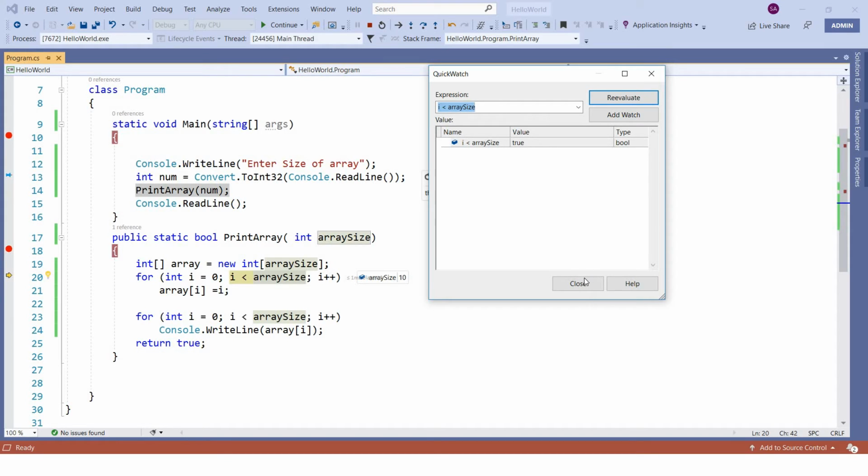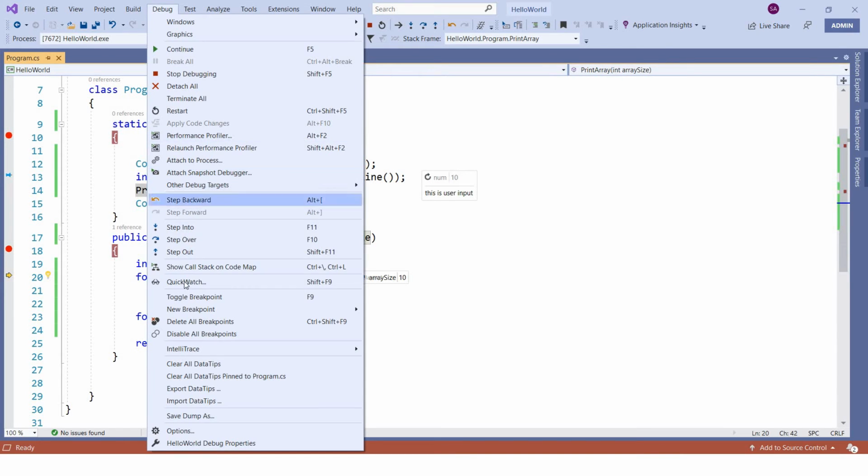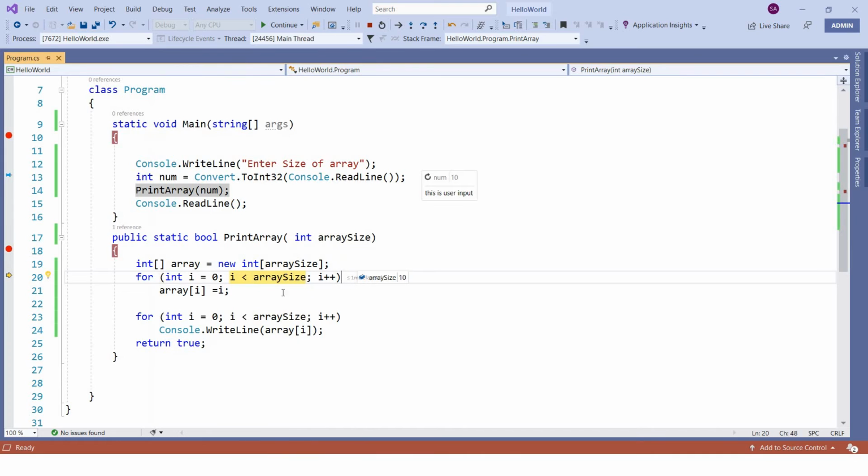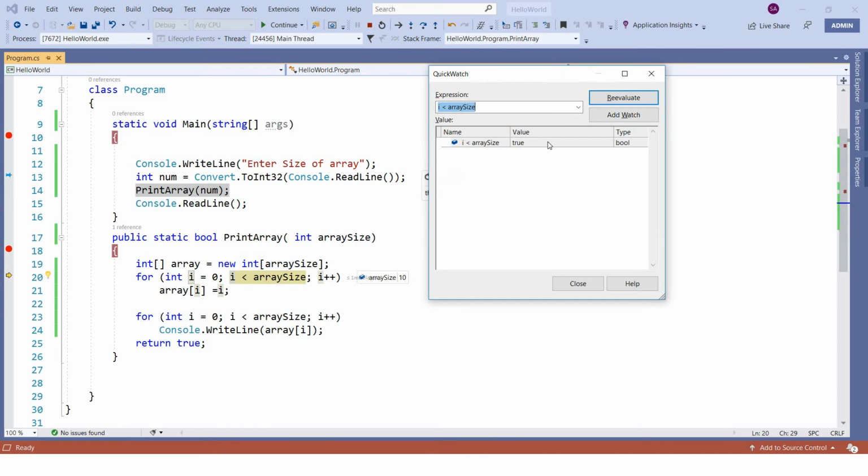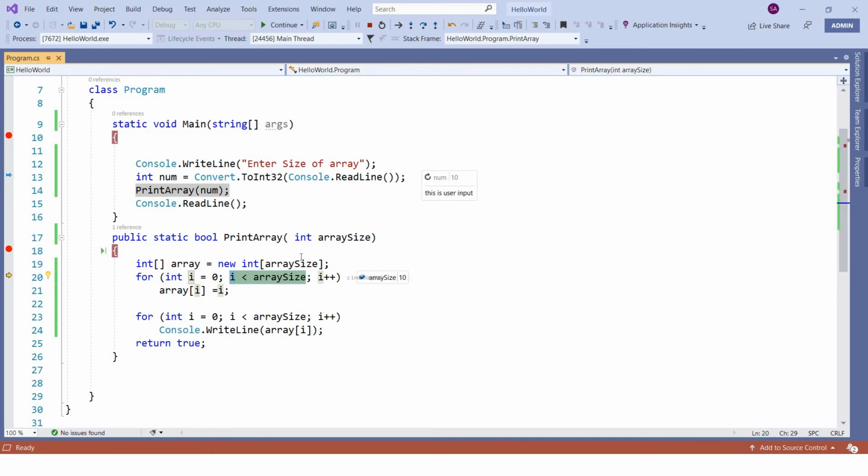We'll see more examples of this in some time. So this is Quick Watch for you. Either you can open Quick Watch from Debug, Quick Watch, or just select the statement you want to evaluate and press Shift F9. That also will give you the same value. So just remember the shortcut Shift F9. You should remember the shortcuts because it will be easier for you to do the debugging really quick.